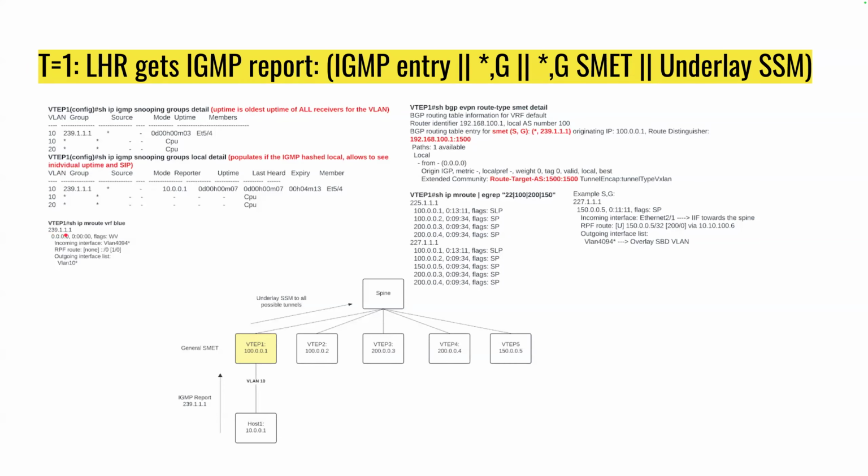All right. And it would also generate SMET routes, right? And we see that it's interested in 239.111. And the route target it is using is just 1500:1500. Okay. And with these two things, it will also join the underlay,